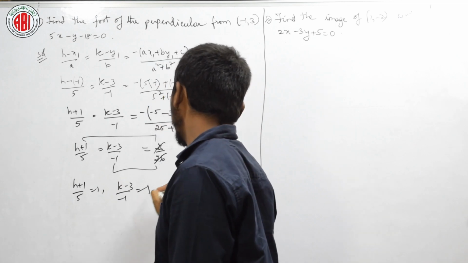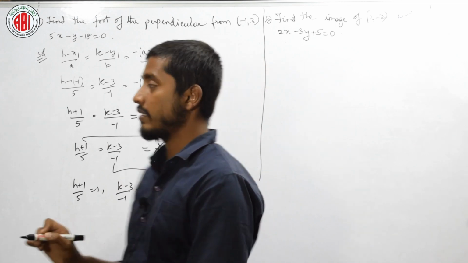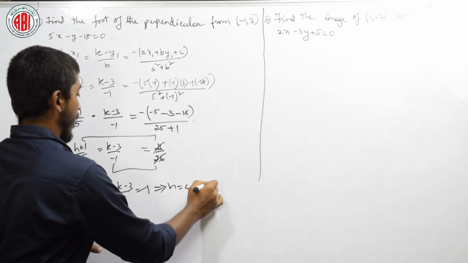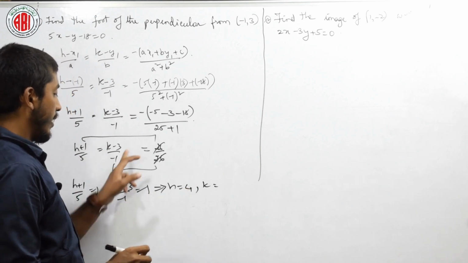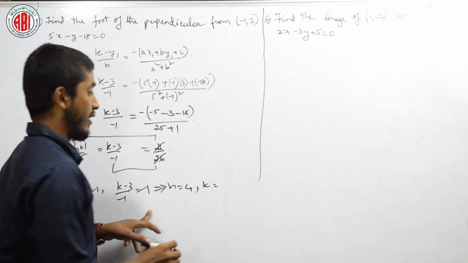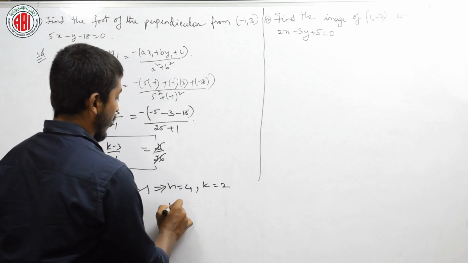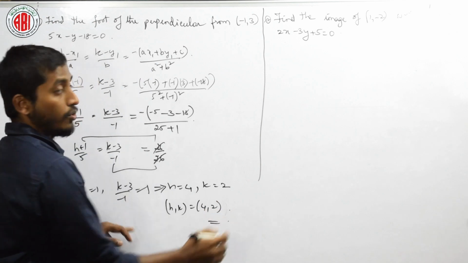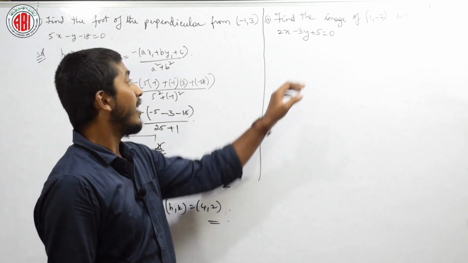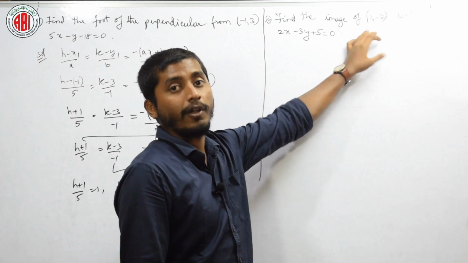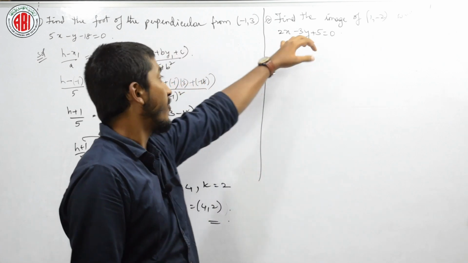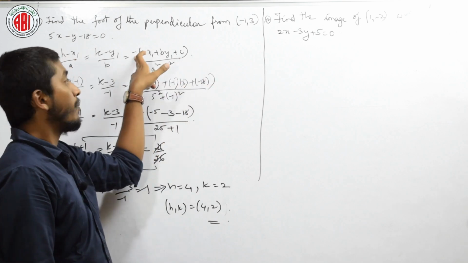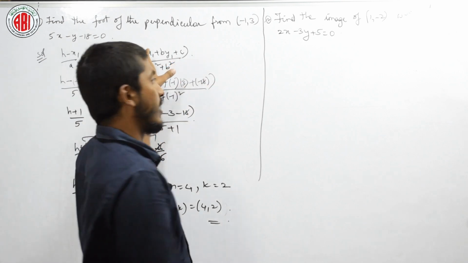See here, then we will get the values of h as, here it is 5, 5 minus 1 is 4, k is minus 1, if 3 goes that side it becomes plus, 3 minus 1 is 2. Therefore, the foot of the perpendicular h of h comma k equal to 4 comma 2. Is it clear? Similarly, we will find the image of this particular point on this equation. What is the formula of image? That is same as the foot of the perpendicular, but with a minus 2 here. Is it okay?